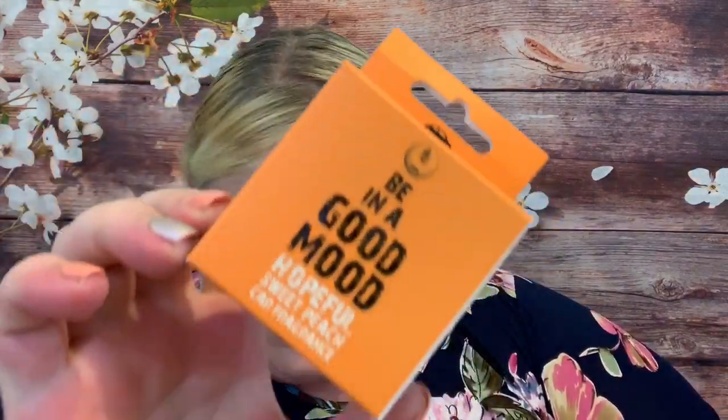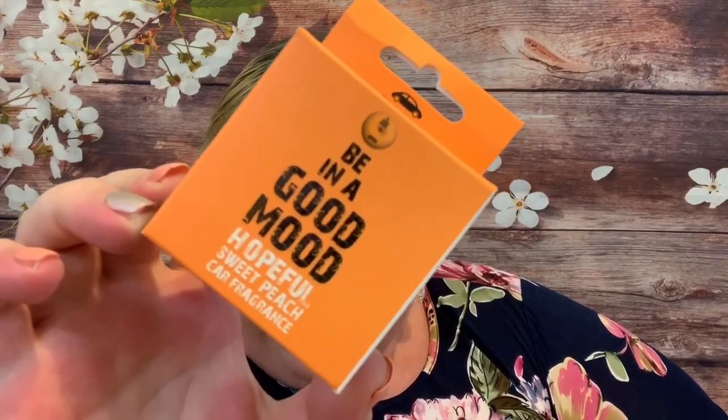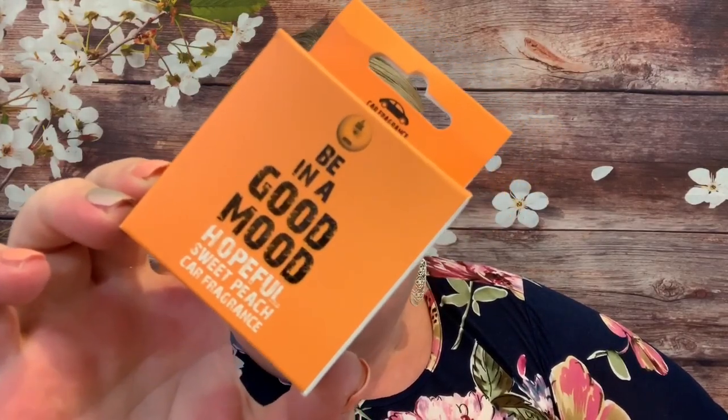What is this? This is from beinagoodmood.com. Peach scented car air freshener will have a healing, relaxing influence to immediately put you in a refreshing mood while driving. This is only in the full-size box. So it looks like from this picture here, it's one of the ones that you clip on your